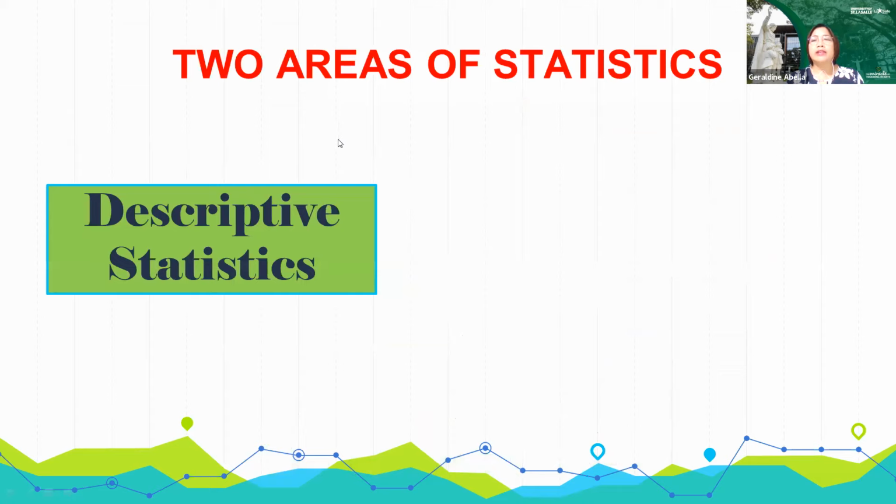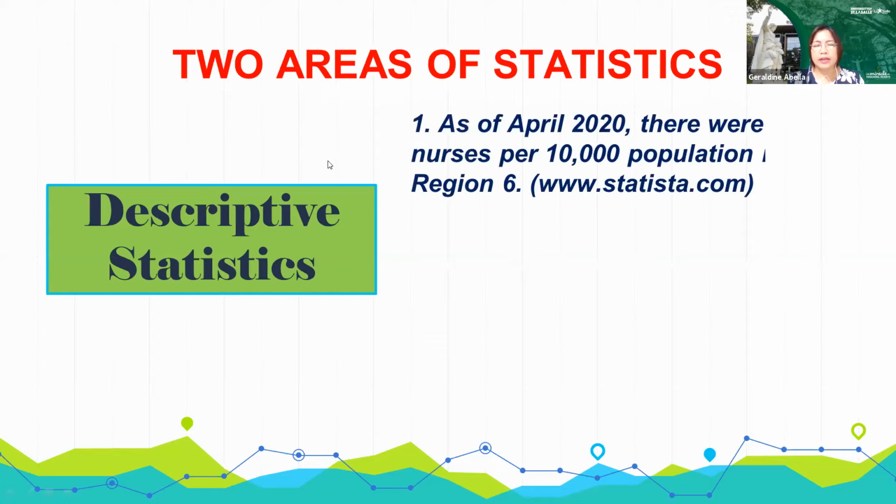There are 2 main areas in statistics: descriptive statistics and inferential statistics. Descriptive statistics consists of the collection, organization, and presentation of data and performing descriptive analysis to describe the basic features of a certain group, in which these features could not be used outside of the group. These are 3 cases which fall under descriptive statistics. First case is